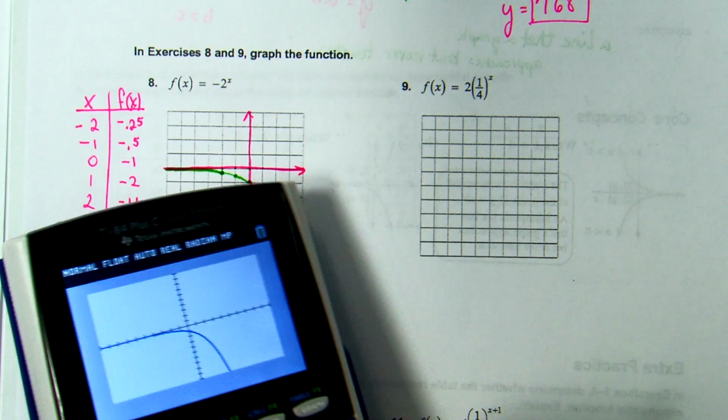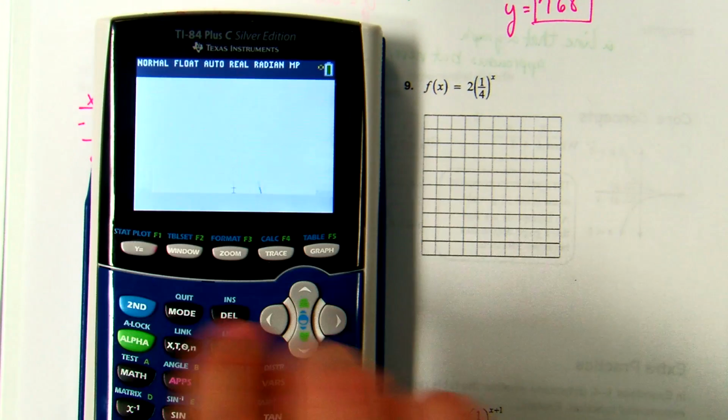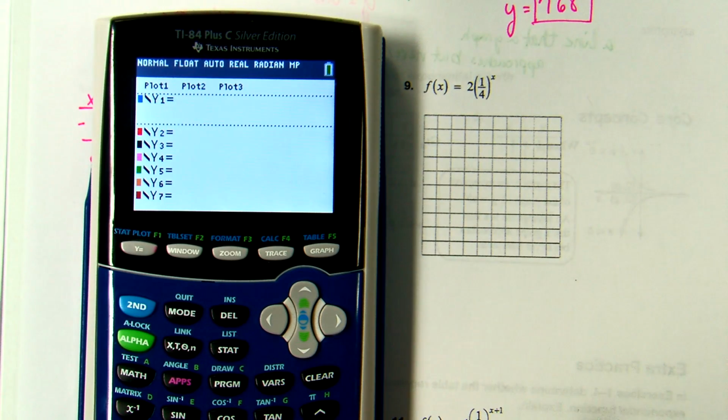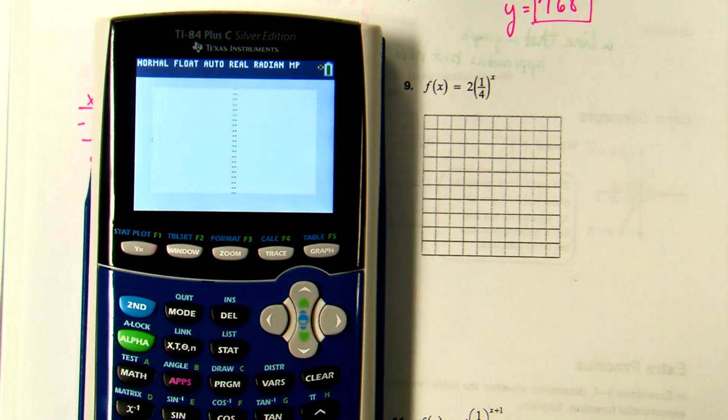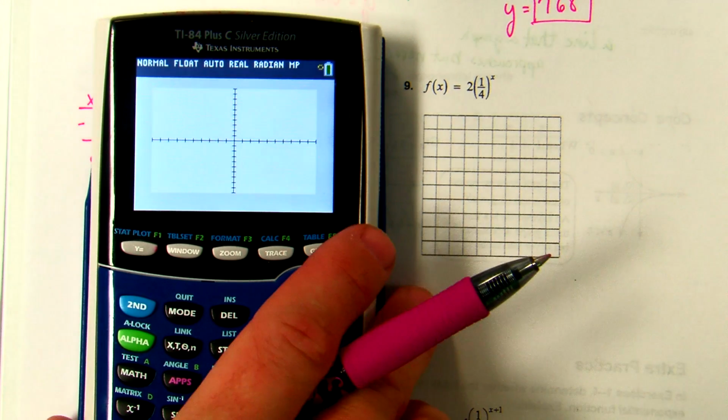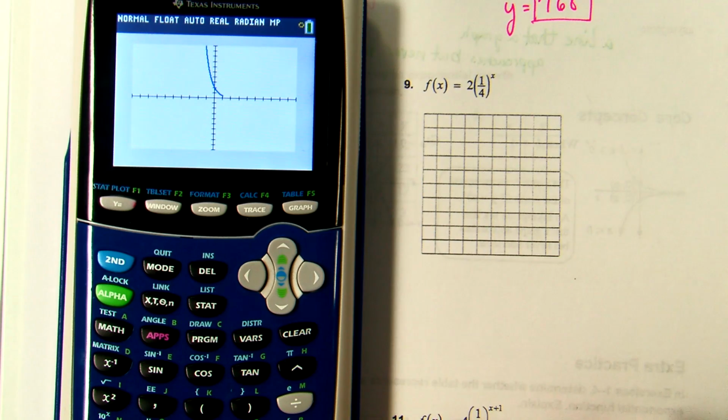We're going to put this in the calculator. Y equals, I'm going to clear out the other function. I'm going to put 2, parentheses, 1 divided by 4, raised to the x value. And I'm going to graph it. Give me an idea of what we're looking at here. Okay. Once this is graphed, then I'm going to look at the table and start building a table of values